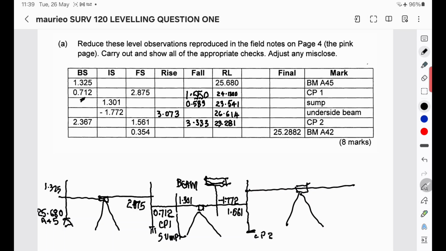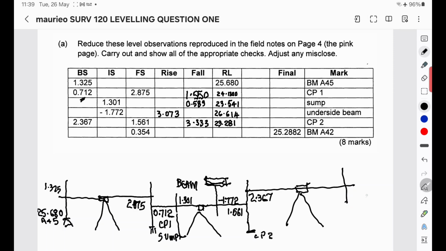There's our horizontal line. Tried to keep our backsights and foresights level. That's CP2 there. And the backsight to there is 2.367. And the foresight